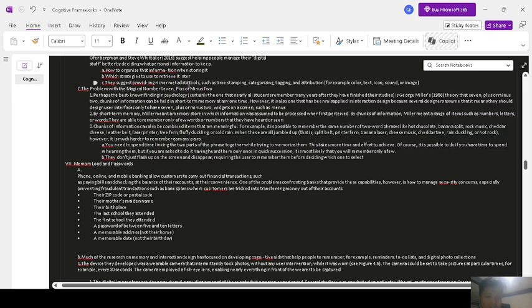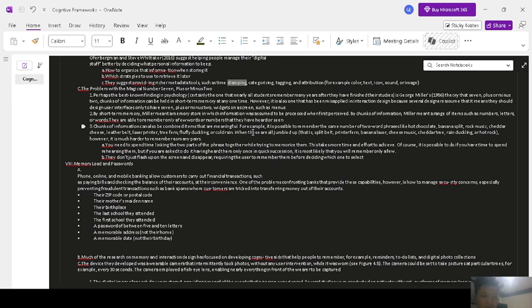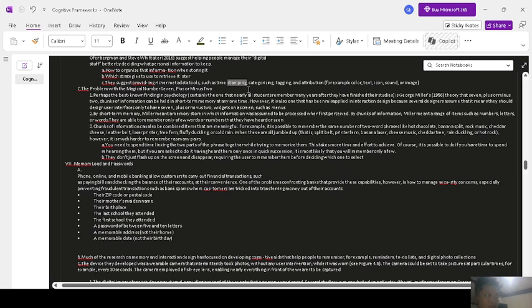They suggest providing richer metadata tools such as time stamping, categorizing, tagging, and attribution, for example, color, text, icon, sound, or image. Another thing which we will discuss in a later part is the time stamping or tracking.